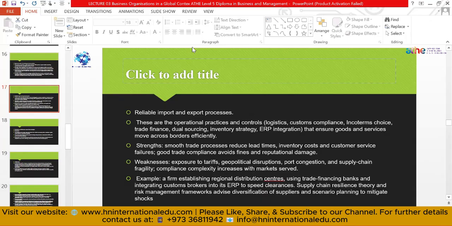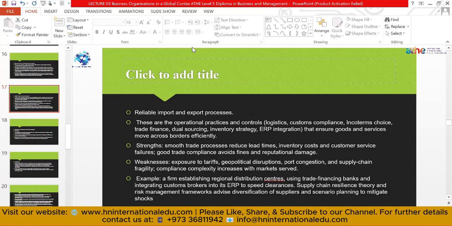Now we have a certain process for that. Those processes are based under the category of operational practices, which are for the daily life of being in a business, and they come under logistics. First of all, your supply chain, customs compliance, rules which are for the consumers,